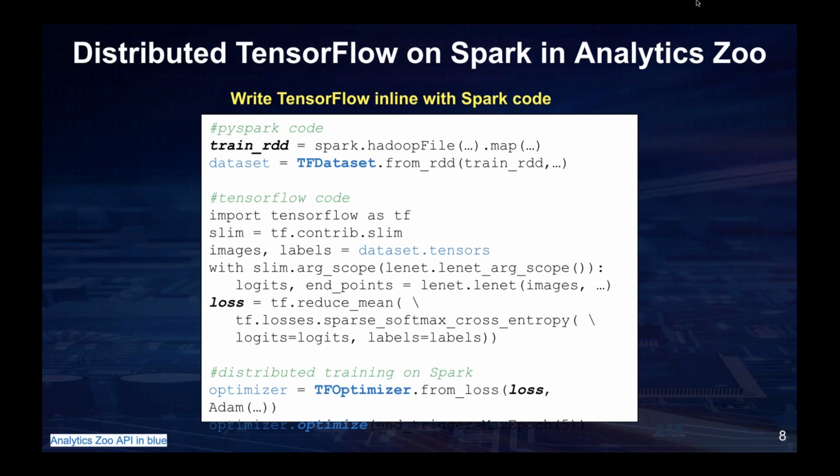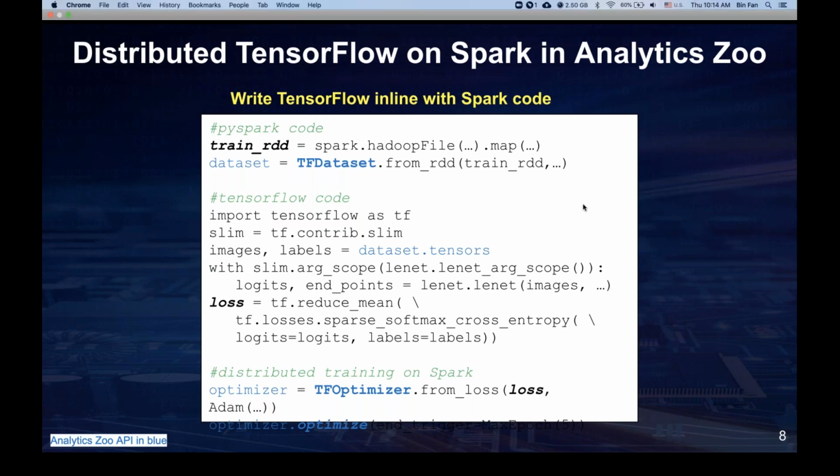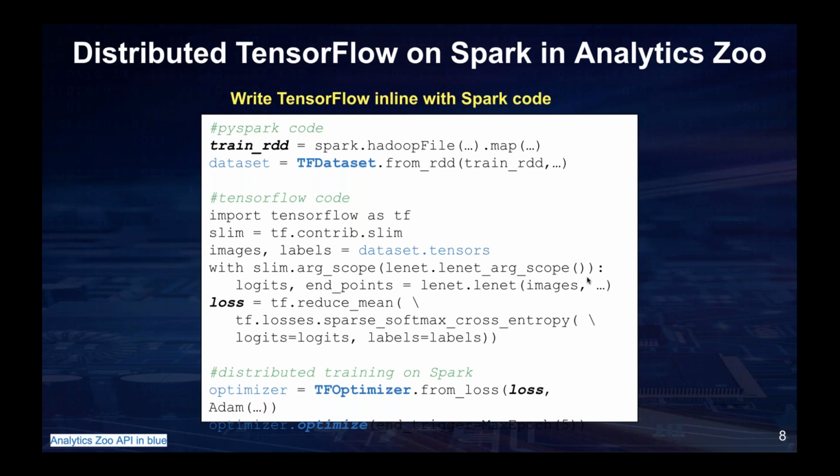Users can create their TensorFlow model just using the TensorFlow syntax or the TensorFlow Keras syntax, and then they can use our TF Dataset API to generate the data from their training RDD, and then use the TF Optimizer to train the data with the TensorFlow model. In that way, it can automatically dispatch the TensorFlow workflow on the Spark cluster in parallel. Next slide.